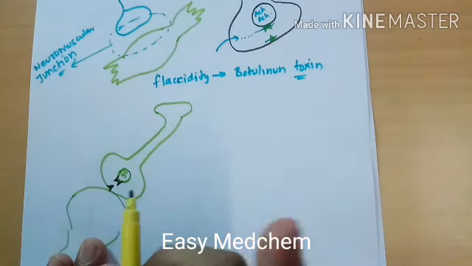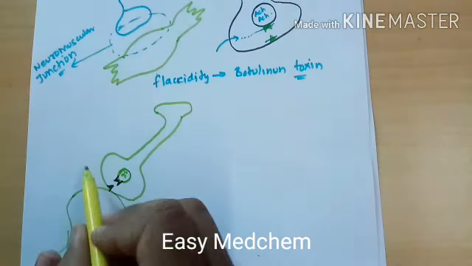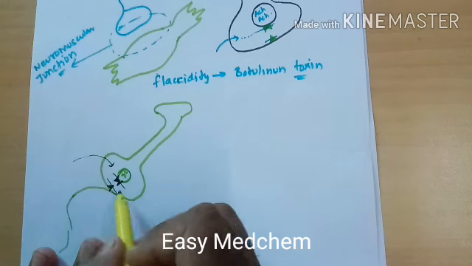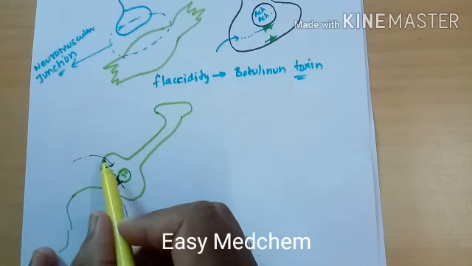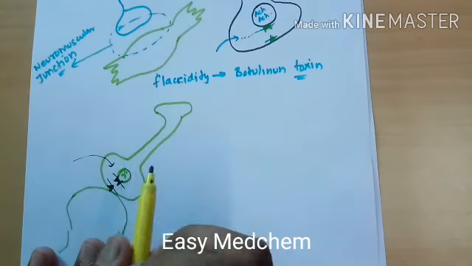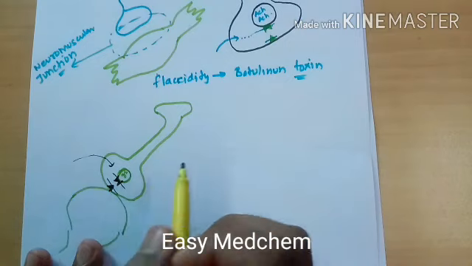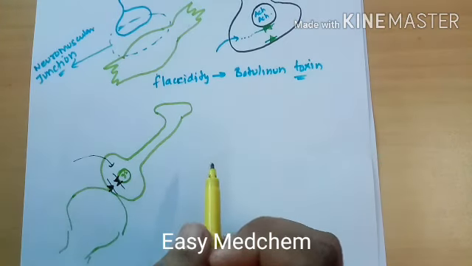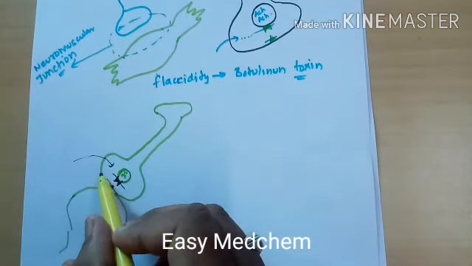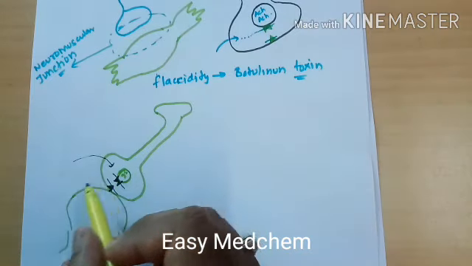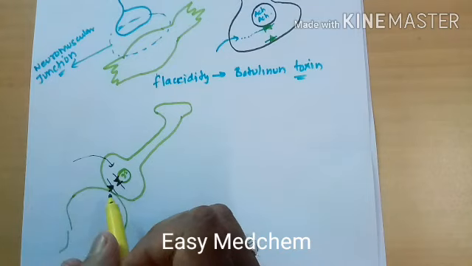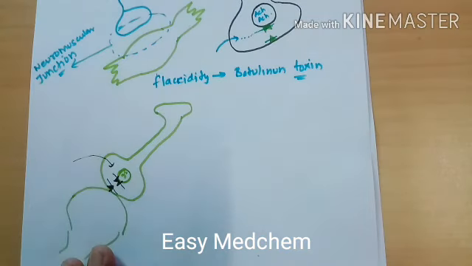So what does the toxin of tetanus do? It will enter at this level and concentrate here and destroy this. Okay, it will destroy the synaptobrevin and syntaxin at the level of the spinal cord in the glycinergic neurons. And if anyhow those SNARE proteins are destroyed, there is no fusion of these vesicles, which are full of glycine, at this membrane, and there will be no release of glycine at this level.